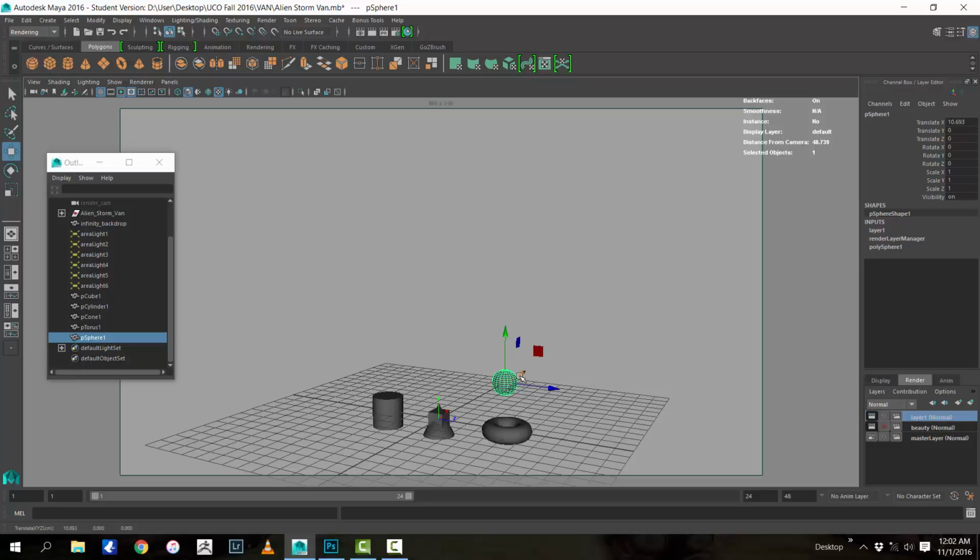Your render pass is what contains your shadow raw information, ambient occlusion information, specularity information, and all those passes are associated with each render layer. So essentially a composite has both render passes and render layers in it, depending on how complicated or simplistic the scene is. So we'll go back, we'll delete this layer,